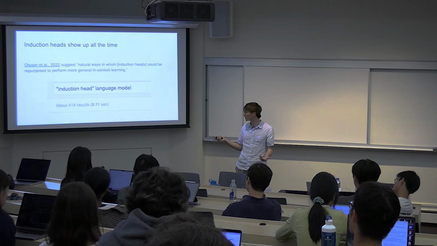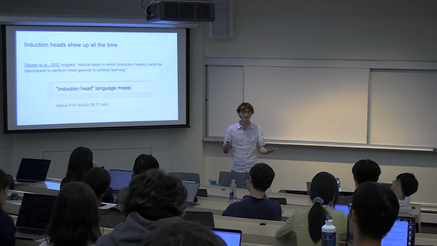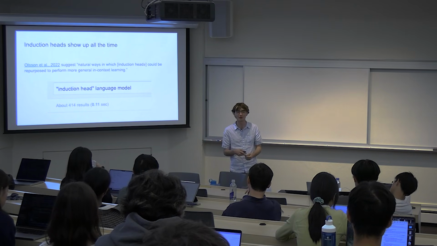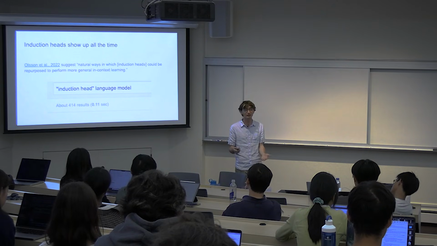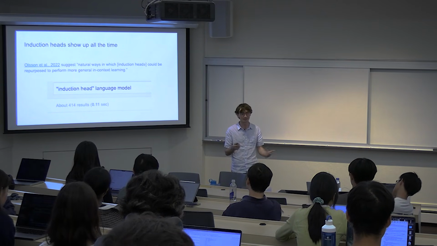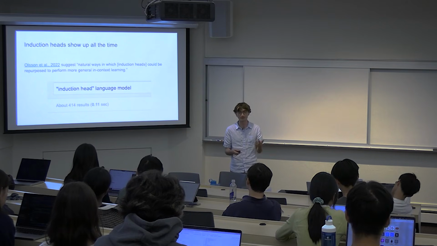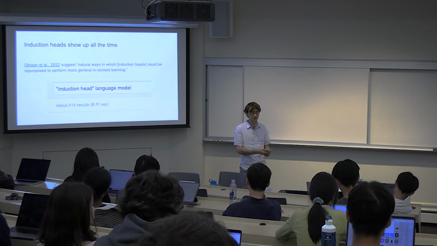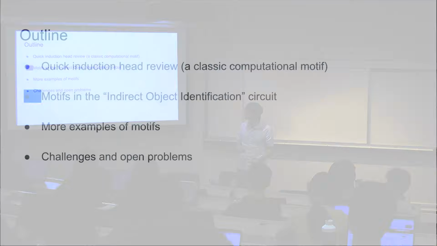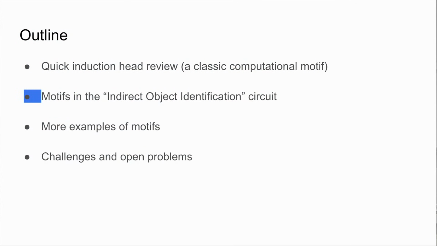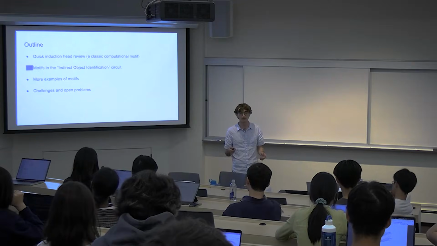One way to point that out is if I just search induction head language model on Google Scholar, there are about 400 papers about induction heads. So people have found induction heads in all kinds of things, and found them to be really interesting to study. I think this supports that point. Good place to stop real quick if there are any definitional questions, but otherwise I'm just going to move on to the